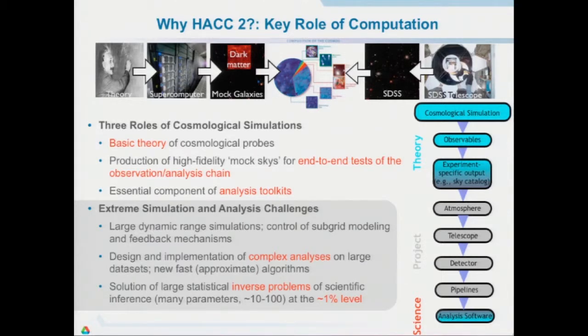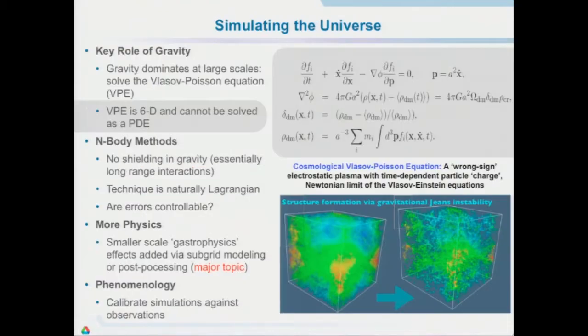So this is actually a very difficult problem because we need to do all of this at very high levels of accuracy. Just to give you an idea of the equations we are solving, this is the Vlasov-Poisson equation with gravity. Those are the equations on the top right. This is a 6-dimensional PDE, and it has some extremely nasty properties. Essentially what we are solving for is an instability, which the figure on the bottom right shows. You start with a very smooth initial condition, and then you get a very messy picture, which is what the universe actually looks like.